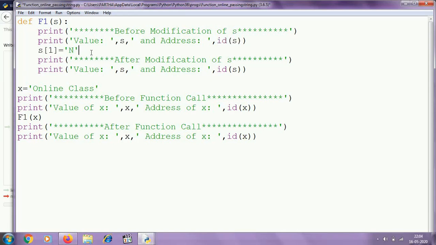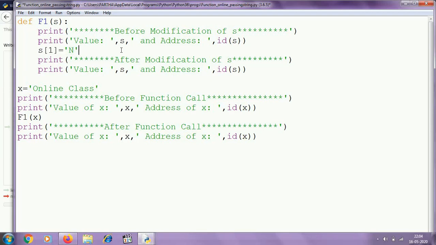I think a few of my students are thinking that there is a problem in this statement. Yes, you are absolutely right. We cannot change a string. We cannot change any element of a string. Here we are trying to change the 1st index of the string, so there will be an error.